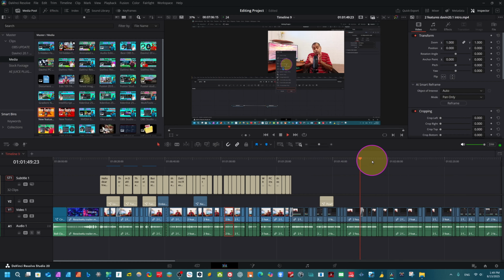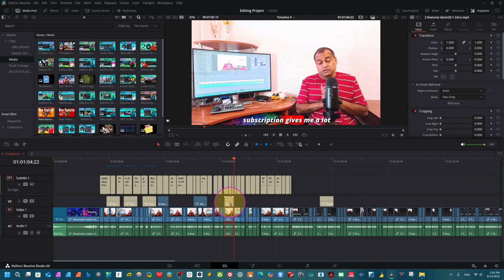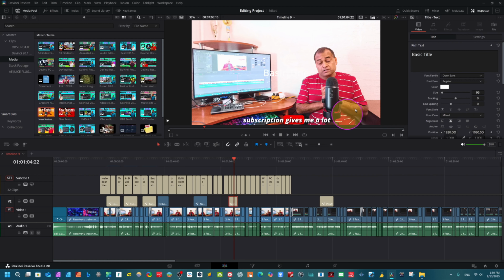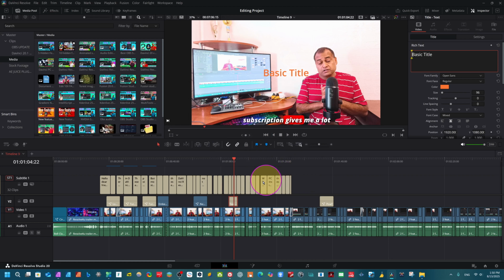See all the effects of Fusion. You see, if you want to add text here, very easily it will appear. Just press Shift plus space bar and type text. You see we have basic text here and it has appeared. And now I can type anything so easily and we can change the color. So it's a very cool feature and very helpful when you have a long project. If you want to add anything, it will work perfectly.